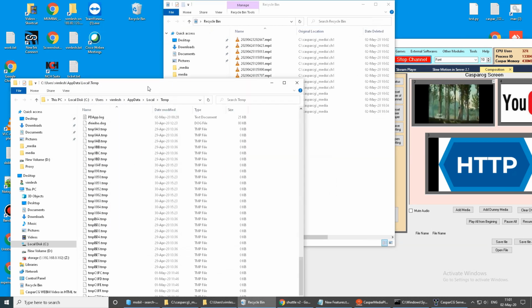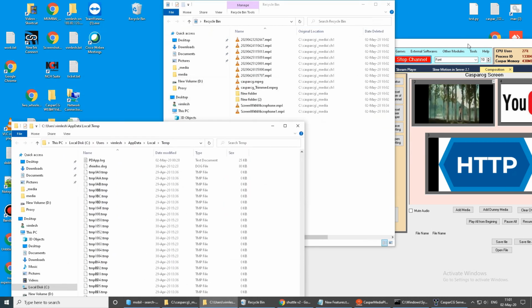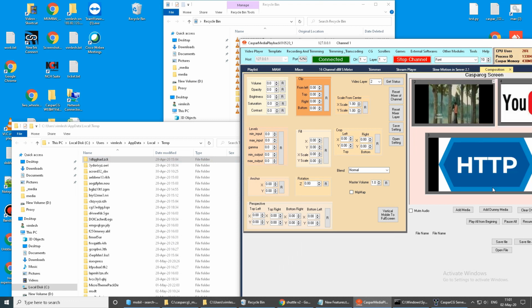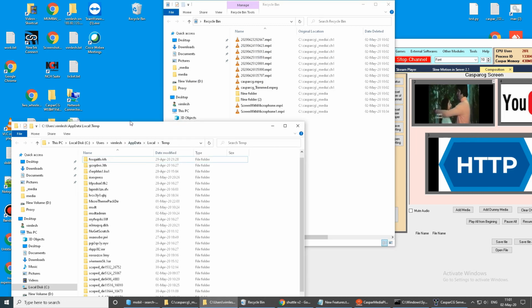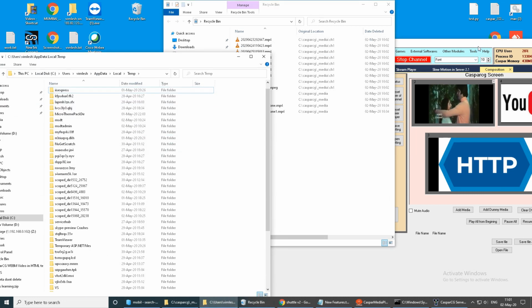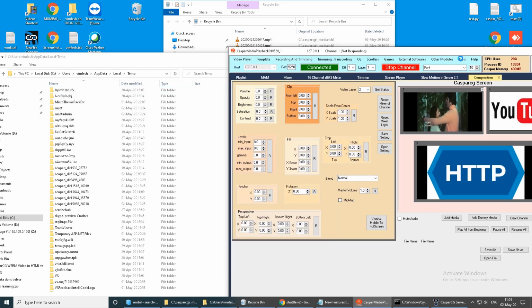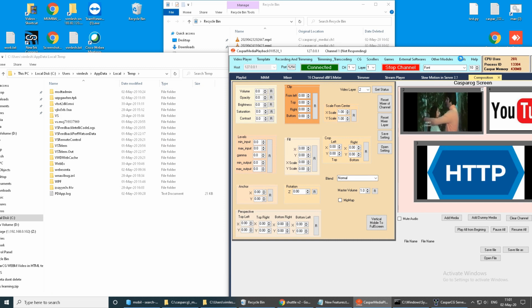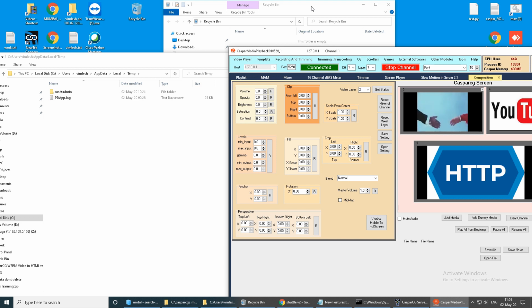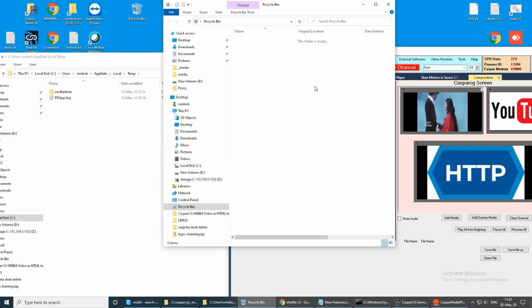You can see here. So tools and clear temp files and recycle bin. See, it takes some time, but it clears the things.